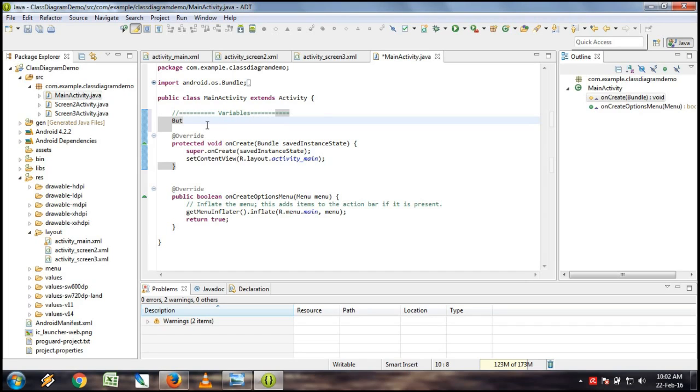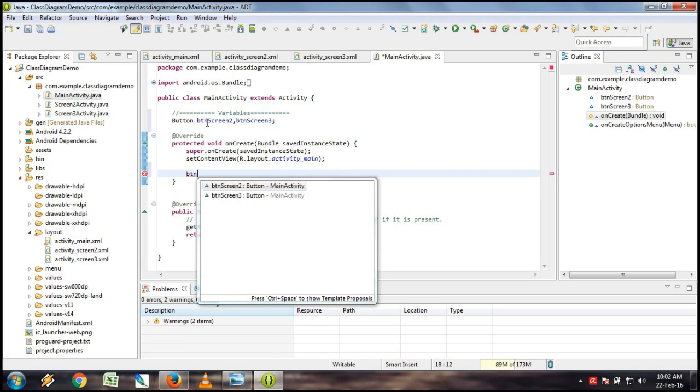screen 2, and we have to take 2 variables, and similarly we have to apply the 2 variables and 2 listeners also with findViewById. Yes, Button btnScreen2 and btnScreen3, semicolon, and